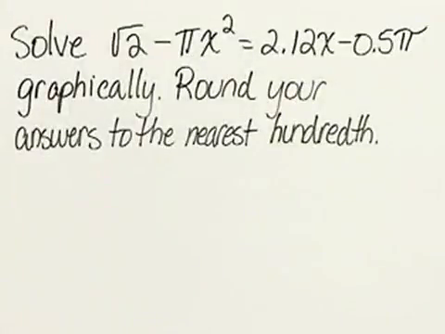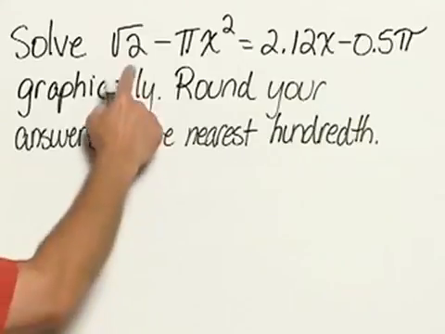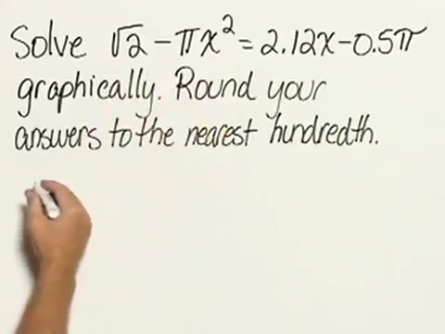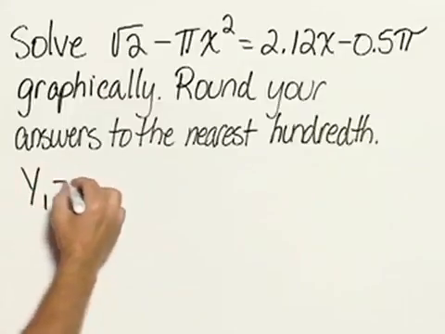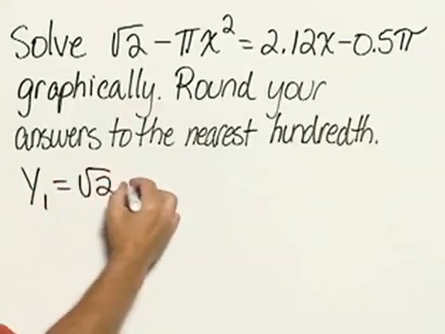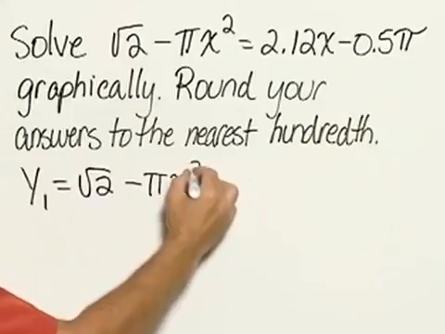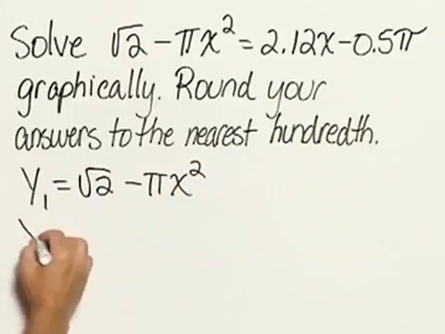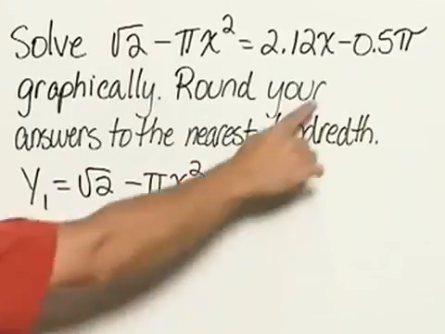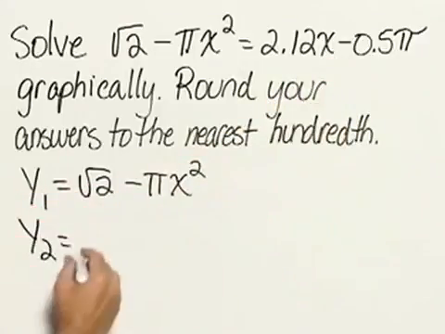Solve. Square root of 2 minus pi x squared equals 2.12x minus 0.5 pi graphically. Round your answers to the nearest hundredth. So to solve these using the graphing calculator, we'll set up an equation for the left-hand side that y sub 1 equals the square root of 2 minus pi x squared. Then y sub 2 will be equal to the right-hand side, and so that would be